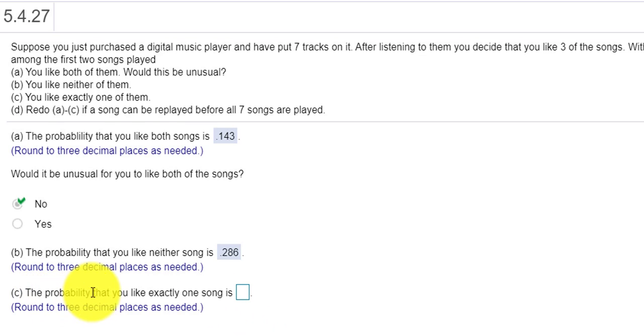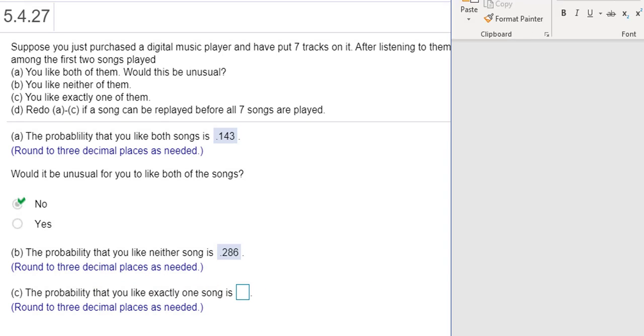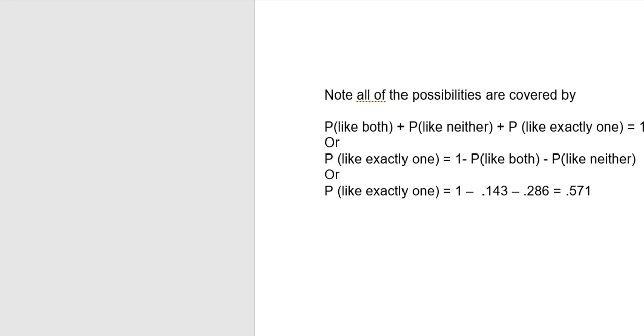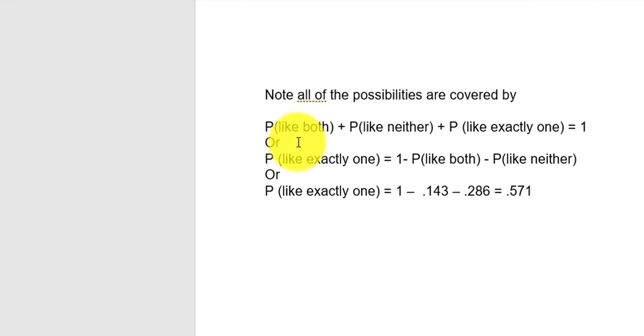So to answer part C, the probability that you like exactly one song, I mapped out all of the probabilities on a quick spreadsheet, right? The probability that you like both songs, plus the probability that you like neither song, plus the probability that you like exactly one song. Those are all your possible probabilities. So when you sum them, it has to equal 1, right? So now what are we looking for? We're looking for the probability that I like exactly one song. So if I subtract these two probabilities from both sides of this equal sign,